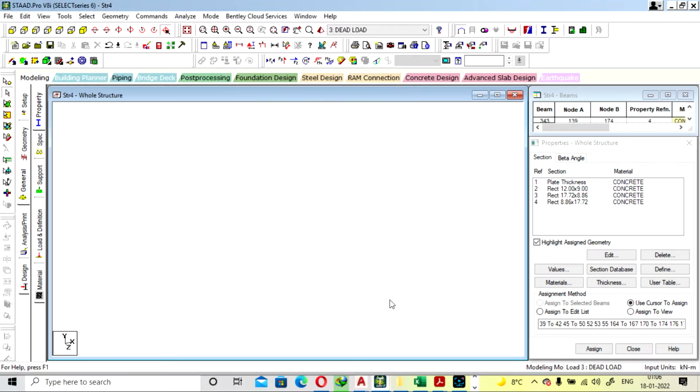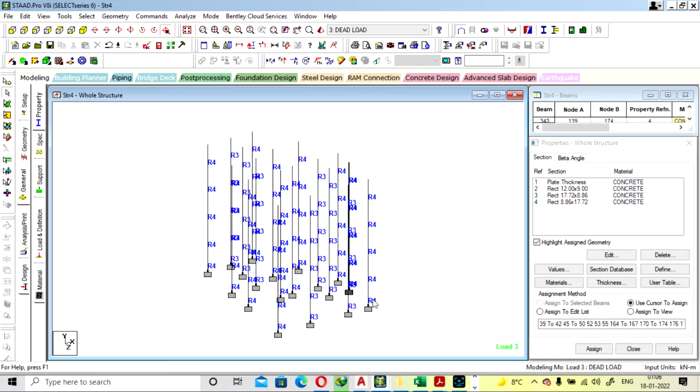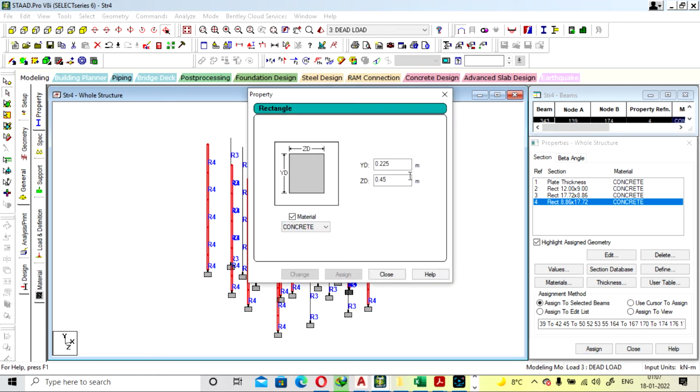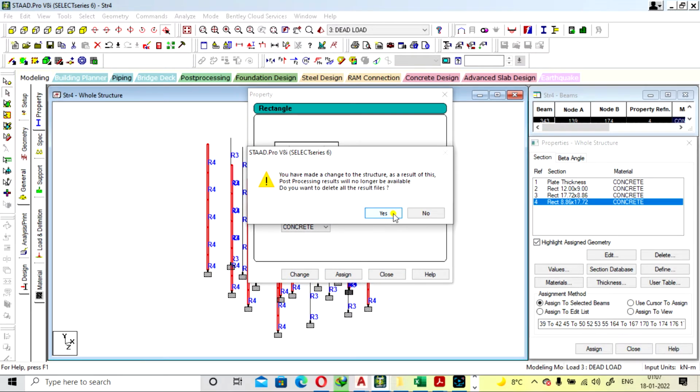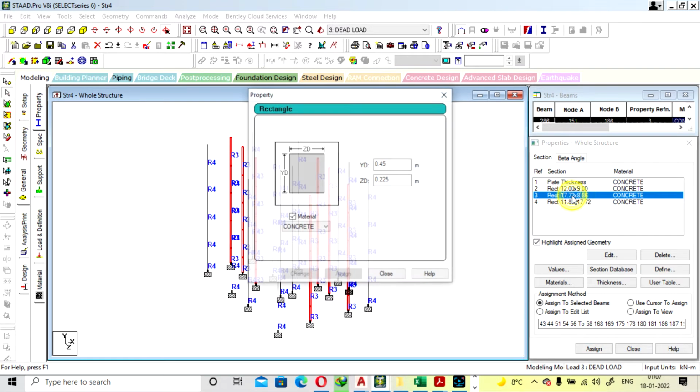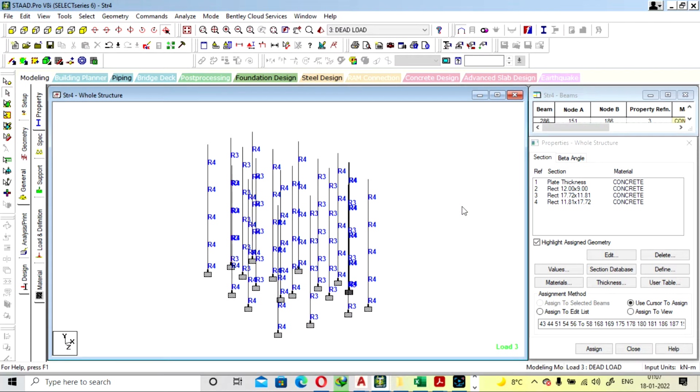Okay, done. And again we will see, still it was not safe. So what we have to do right now, we have to increase the width also. That is 300. So I'm going to change, yes, close. Similarly here 300. Okay, we are going with 300 by 450.